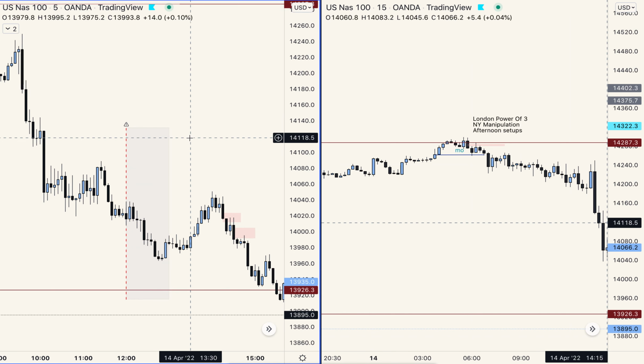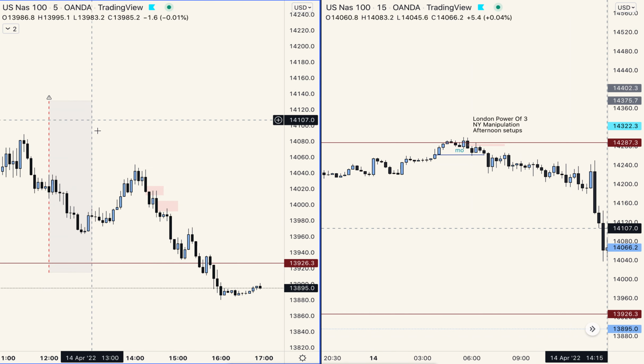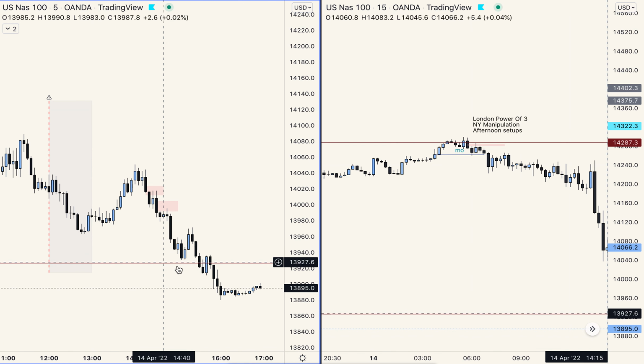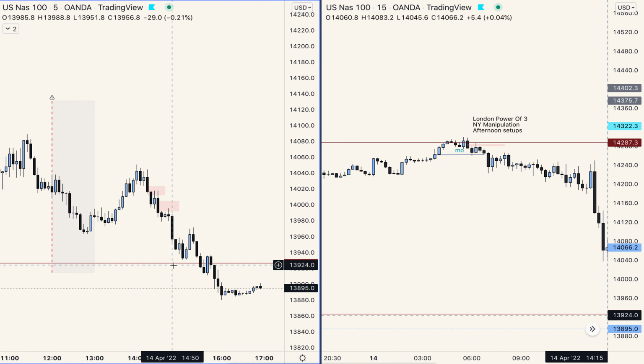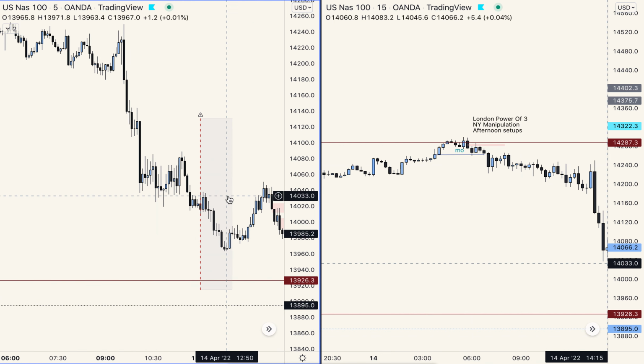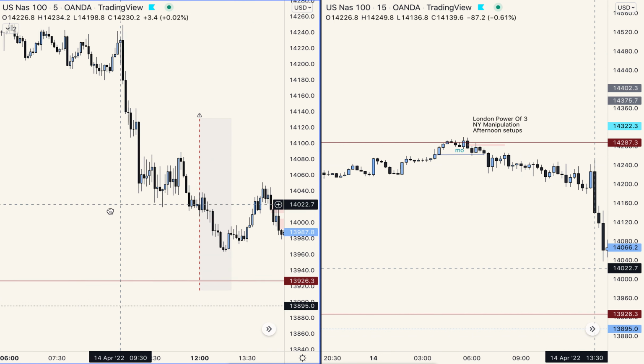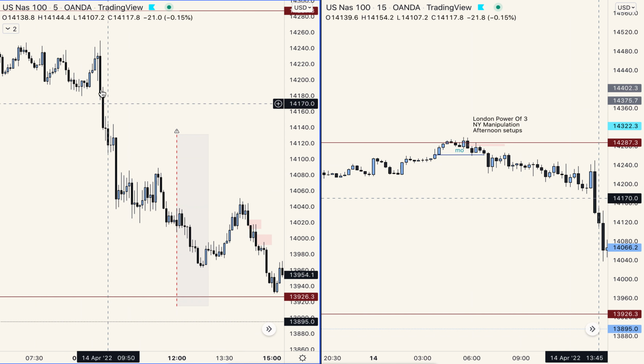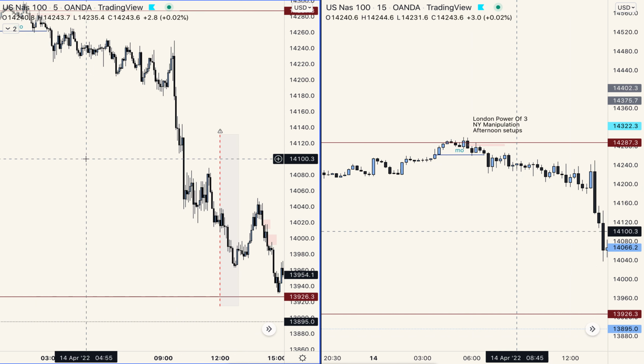And price traded all the way down to that next level of liquidity on the daily. I didn't know that would happen today. I didn't think it would, especially when price was kind of in this middle area, because